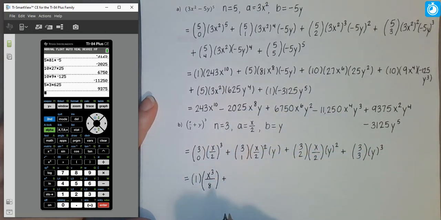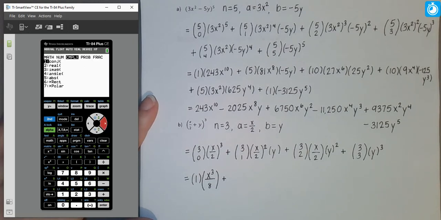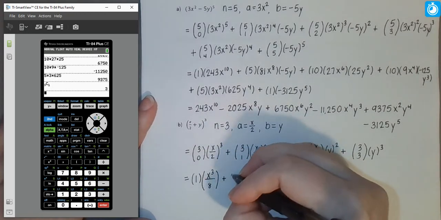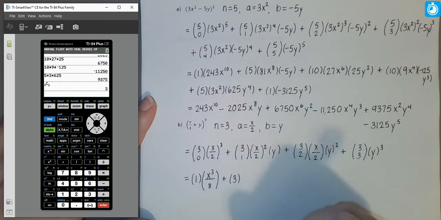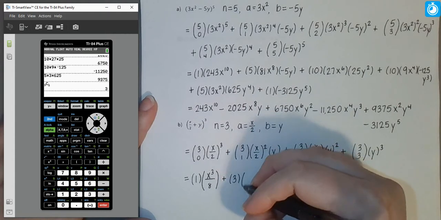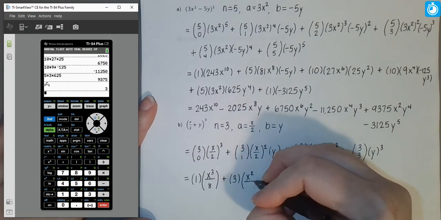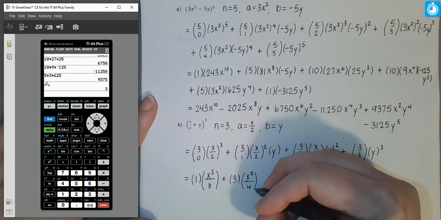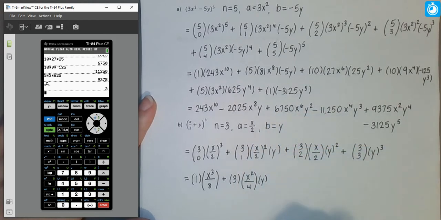Now 3 choose 1. So 3 choose 1 is 3, and that was one of the things we saw with the expansion we previously did using a cube. So that'll be 3, and then x over 2 squared, square the numerator and denominator, so x squared over 4 times y,